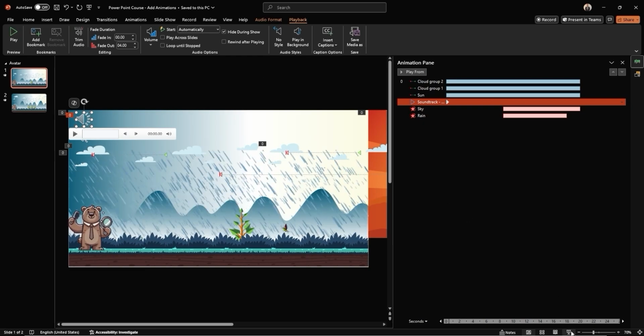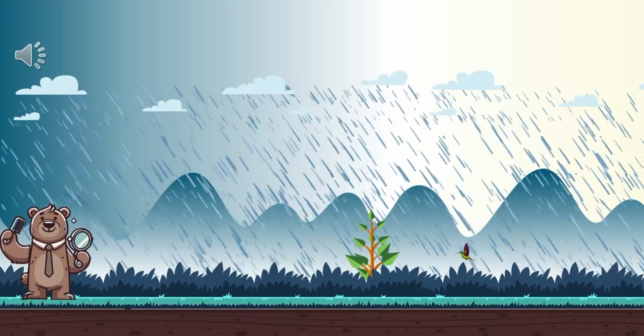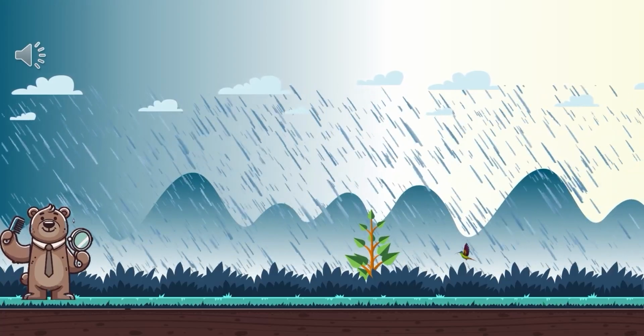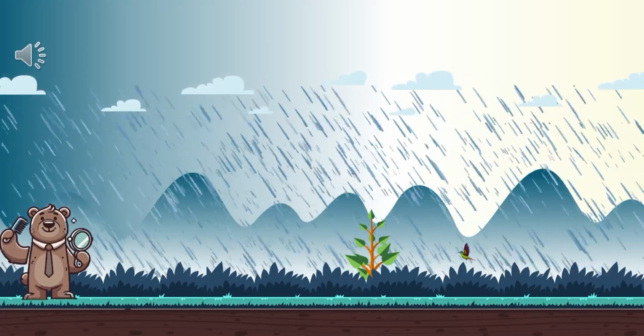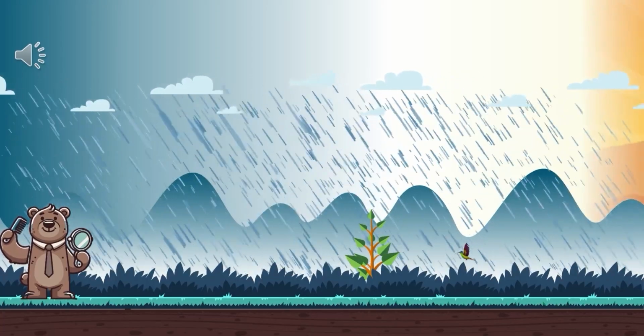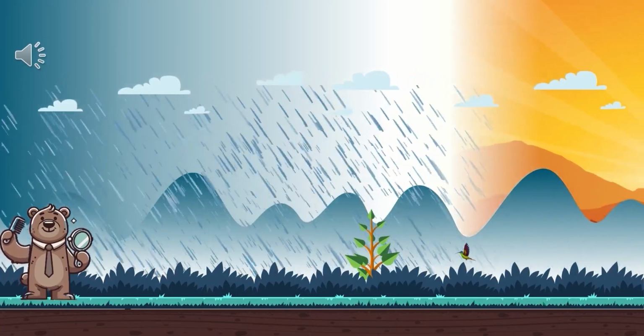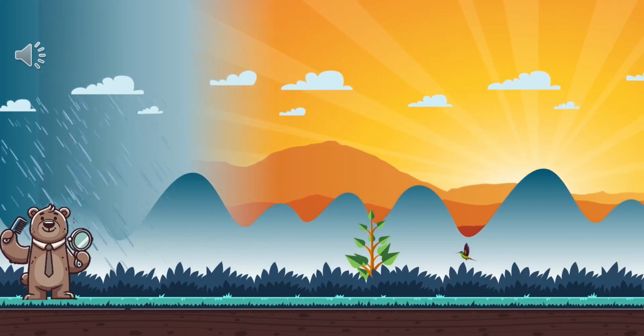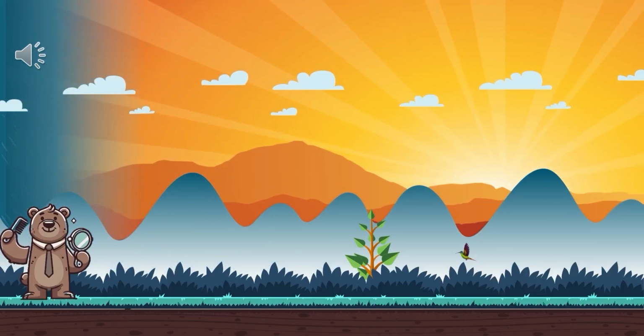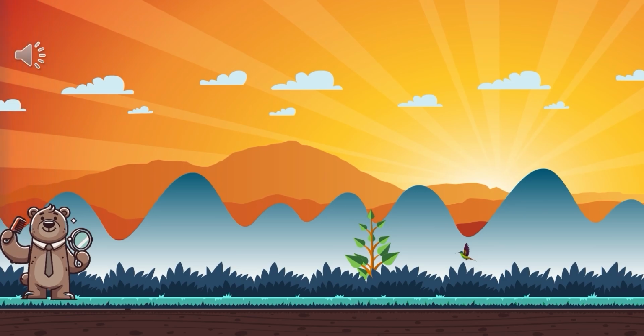Play the slide and let's see how it looks. This will create a much smoother audio transition as the rain ends.